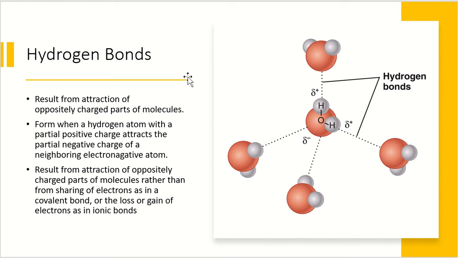So these form when hydrogen atoms with a partial positive charge are going to be attracted to the partial negative charges in their neighboring electronegative atoms. All right. So like we said, the partial negative on our hydrogens is going to be attracted to our partial negative on our oxygens because opposites attract. So the result from this attraction of oppositely charged parts of these different molecules is going to result